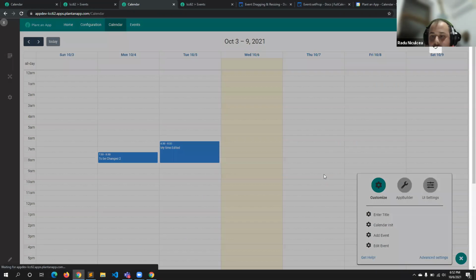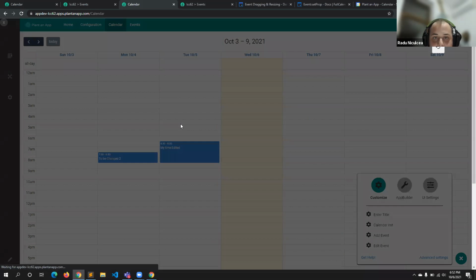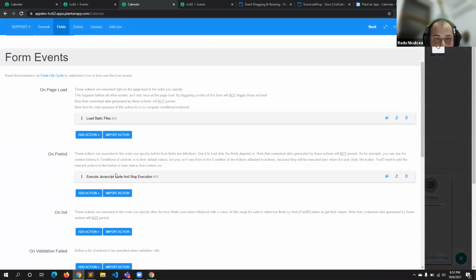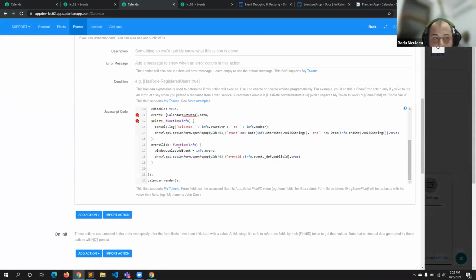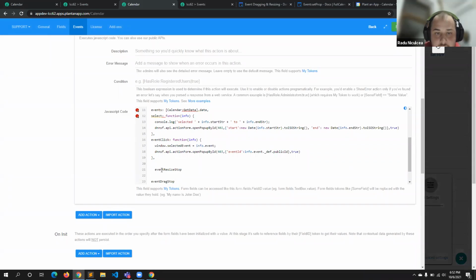Let's go back to the calendar settings. So there are two events here. The two events that I'm looking for are eventResizeStop and eventDragStop.